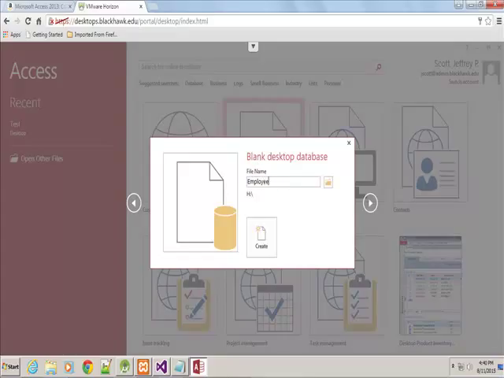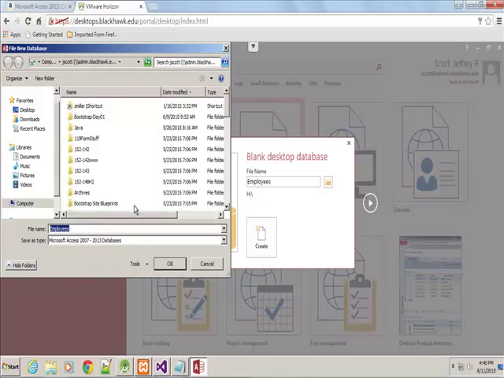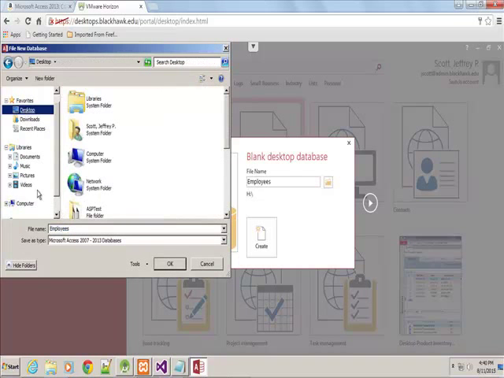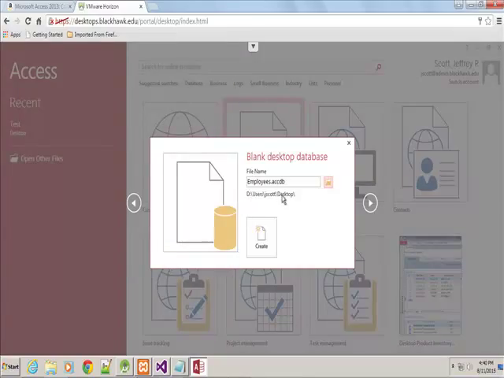Now I'm going to have a problem if I click create right now, because I'm at home, and it probably would let me save it to the H drive, but I don't want to do that. I want to save it right to the desktop. So I'm going to click the browse button here and choose desktop, and click OK, and you notice how it changes. It calls it employees.accdb, ACC for Access, DB for database. So if I click create now,